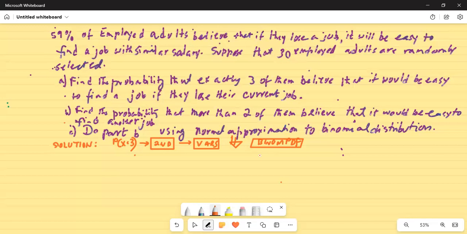function in the calculator. How do we find that function? We press the second key, then the verse key, and then we scroll down to binom PDF. So let's do that on my TI-84. Second button, then verse button, which is in the third row, then scroll down to binom PDF and hit enter. So in binom PDF,